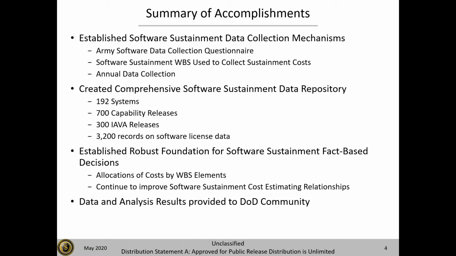We do have a comprehensive database. There's 192 systems in the database. There's over 700 capability releases, either enhancements and new functionality or bug fixing maintenance releases. And there's another 300 releases that are addressing security issues, what we call IAVA releases. And there's about 3,200 records on software license data and what it cost. So there's a pretty robust repository which we've used